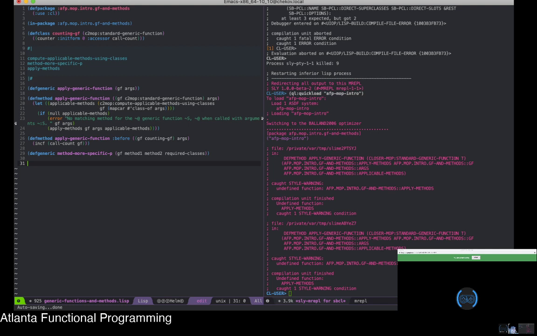It was compute discriminating functions. Those two are primary. So compute effective method definitions are kind of like how we did compute effective slot definitions, in that it figures out the call chain for a given method call and creates a new, essentially, I think it was just a lambda that combines them up and then returns that lambda for you to invoke every time. So you don't have to recompute the method call chain every time you invoke a particular method, because that computation has been done once. This is another application of the functional protocol